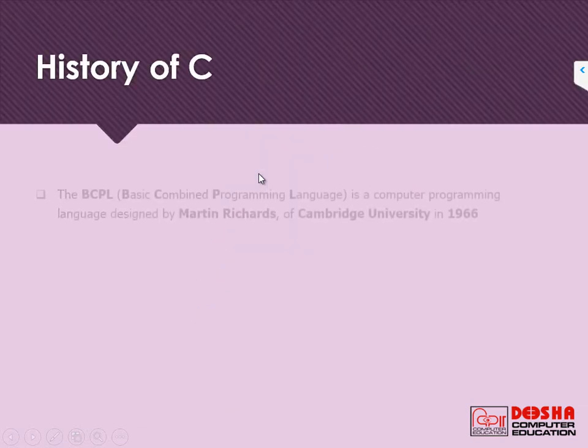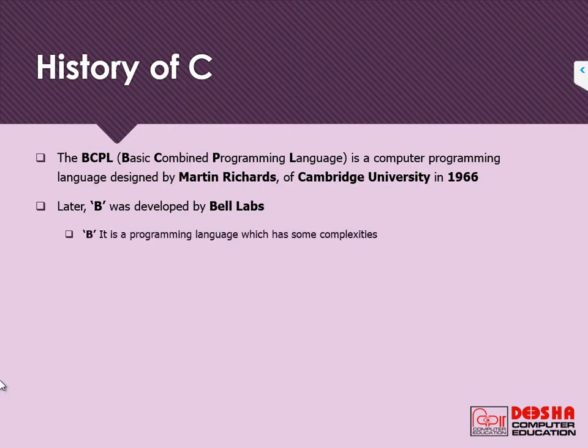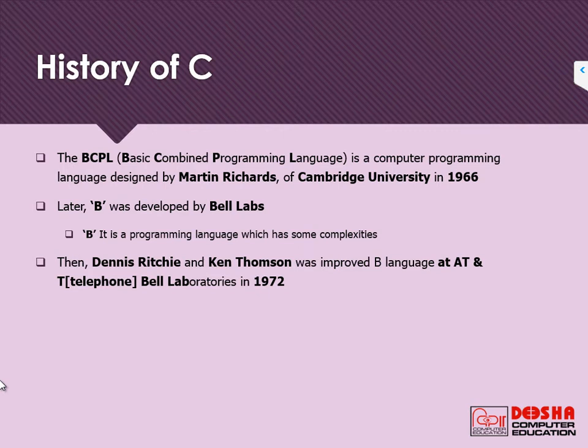Okay, so what is the history of C? Basic Combined Programming Language, BCPL, is a computer programming language designed by Martin Richards of Cambridge University in 1966 to 67. And later B was developed by Bell Labs. Ken Thompson in Bell Labs developed the B language, which was derived from BCPL. And B is a programming language which has some complexities. So, to remove those complexities,